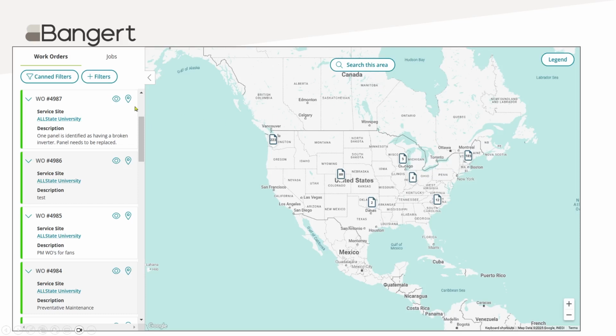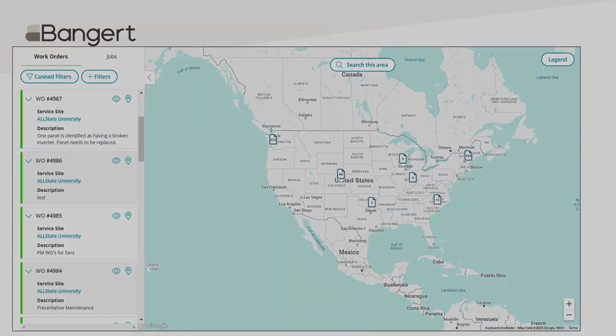Search the area. And then over on your left, you'll see a list of all the work orders that are on your screen. And you're going to be able to key in some filters for maybe particular departments or locations, and then also toggle left and right here by just work orders, just jobs, or all. So this is a very exciting feature that we're all looking forward to and hope you do as well.